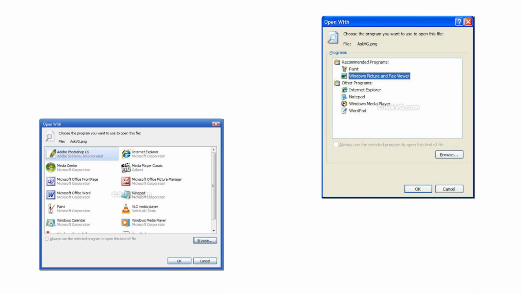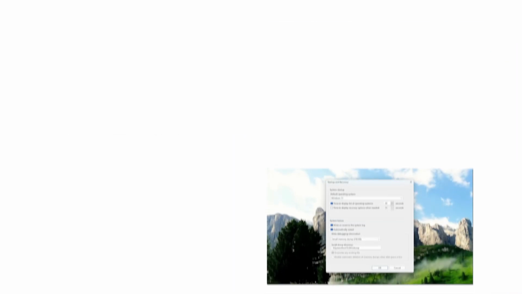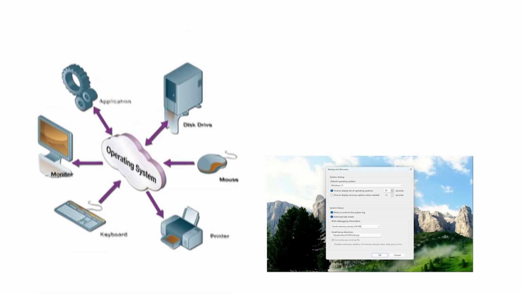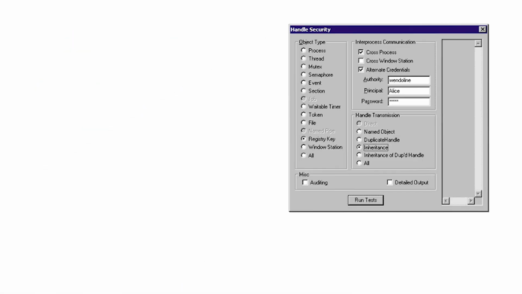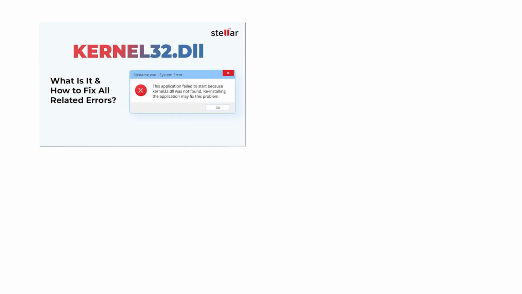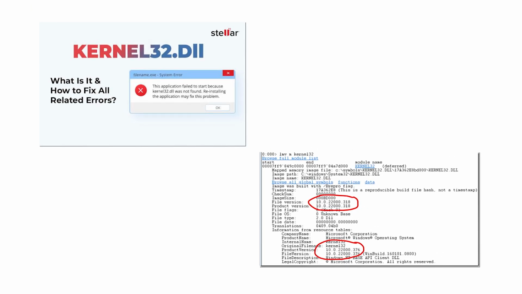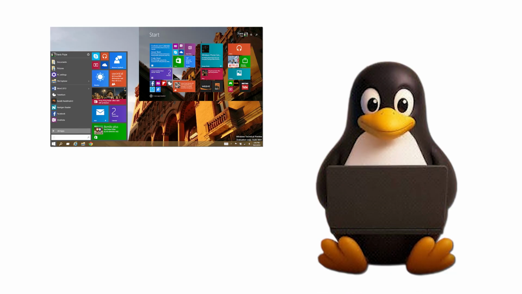The problem is everything else. The moment that program wants to open a file, draw a window, allocate memory, or read the clock, it cannot do that itself. It has to ask the operating system. It asks by calling a function inside a Windows system library: CreateFile, RegOpenKeyEx, GetSystemTime. Those functions live in files named kernel32, user32, gdi32, and ntdll. Every Windows program depends on them. On Linux, they do not exist.